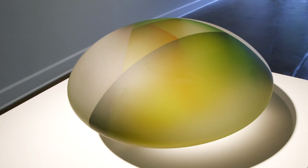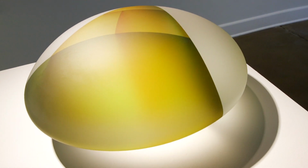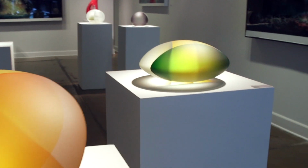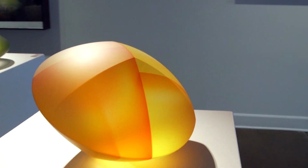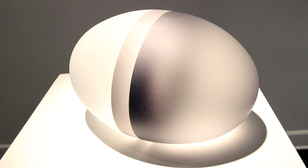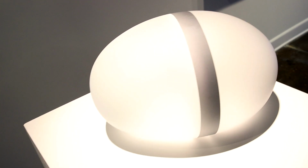apart and then use a laminate process to color the interior. And then when he is reassembling the sculpture, in its final presentation, the light reflects off of the interior of the glass laminate and reflects the color back outwards, which gives the illusion of the piece actually glowing from the